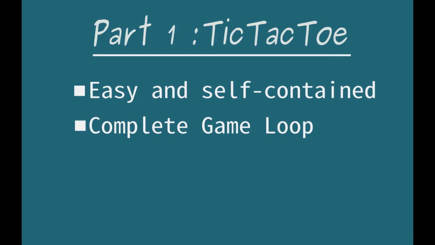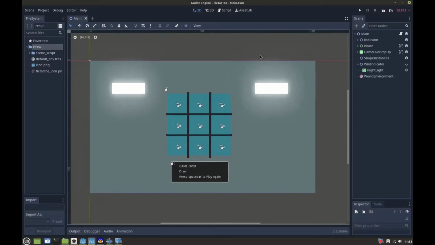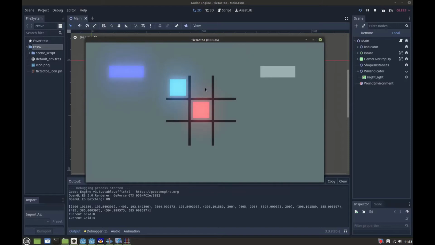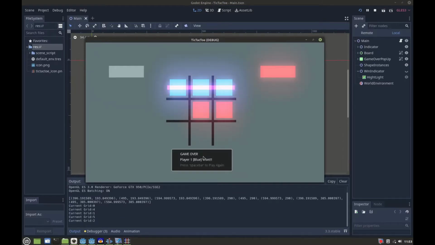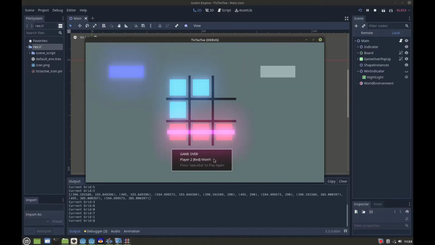The game we will be making is a tic-tac-toe game. I choose this because it is easy and self-contained, and also has a complete game loop. As you can see here,